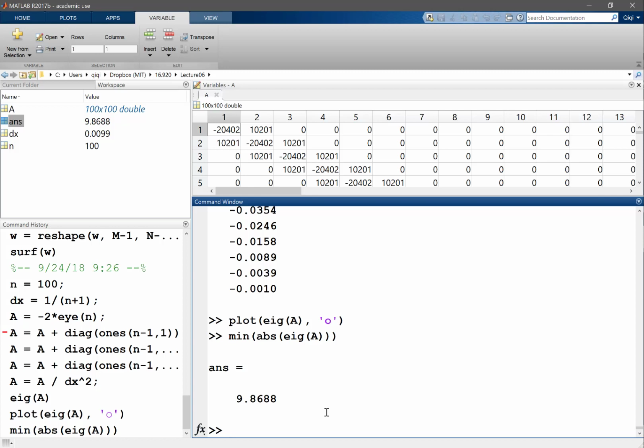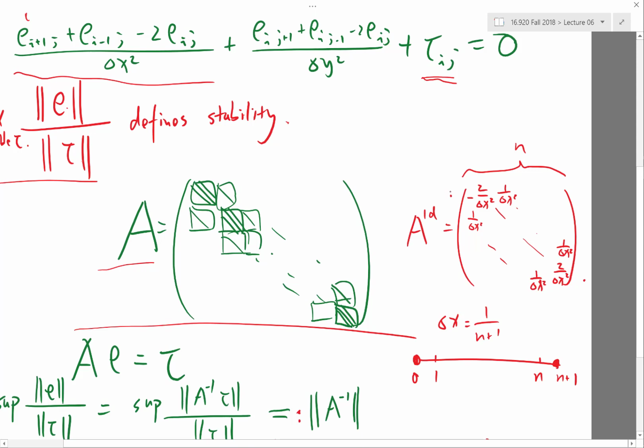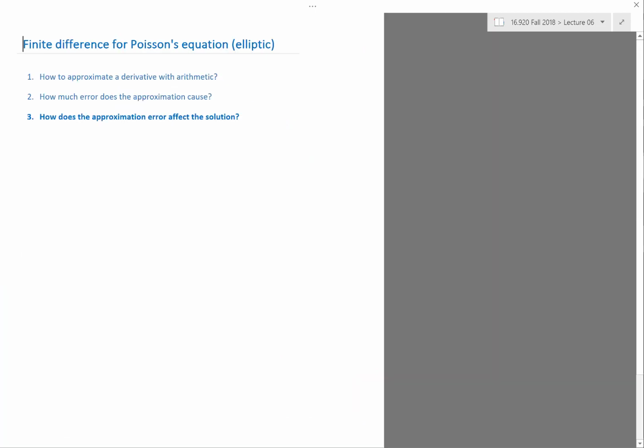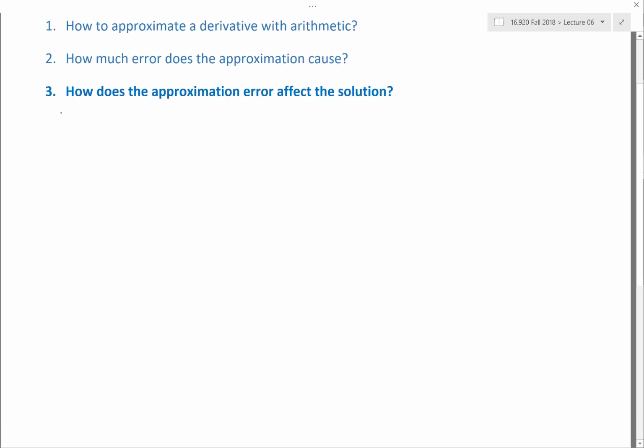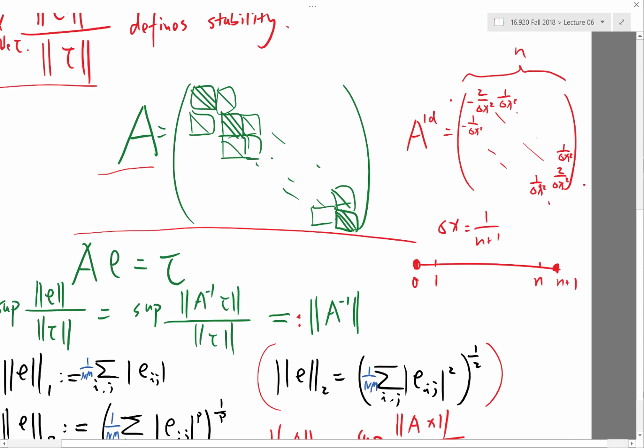On the other hand, let's see if I change the boundary condition. If I switch the boundary condition, not that it's actually a known value, but if the boundary condition is actually Neumann. So let me say Dirichlet boundary condition. Boundary condition means my solution at 0 is equal to a given value, right? W0 is given. So that's what causes us to have the beginning and the end of the matrix to be simply